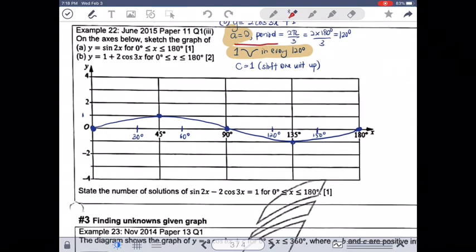Okay, so there will be one cycle in every 120 degrees. So for every 120 degrees, there will be one cycle. The amplitude is 2. So it becomes